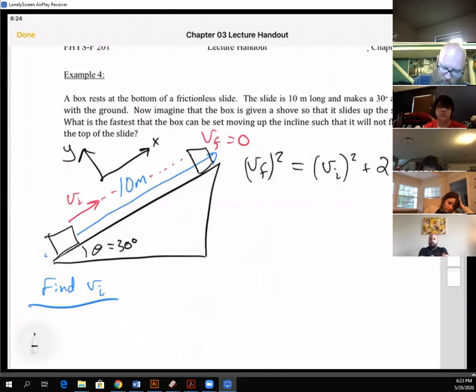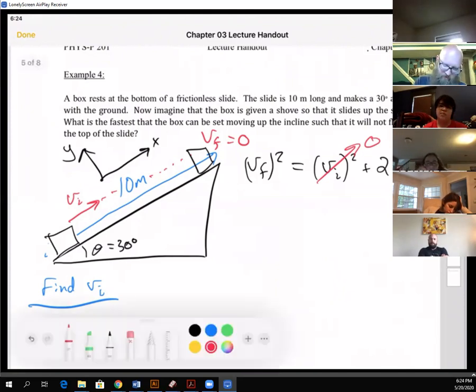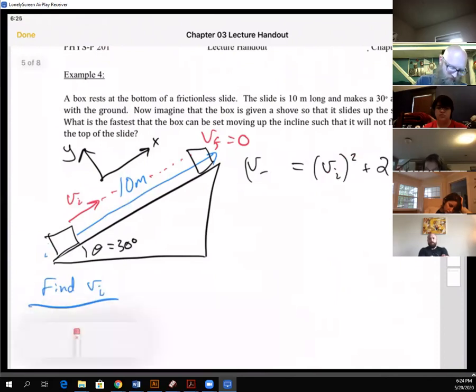All right, so we just said v final is 0. Delta x is 10. We're going up the ramp 10 meters. V initial is what we're solving for. My bad, that matters. Okay. All right, so